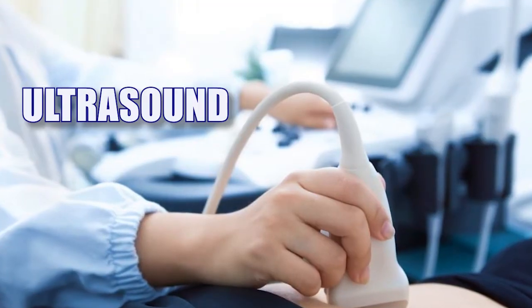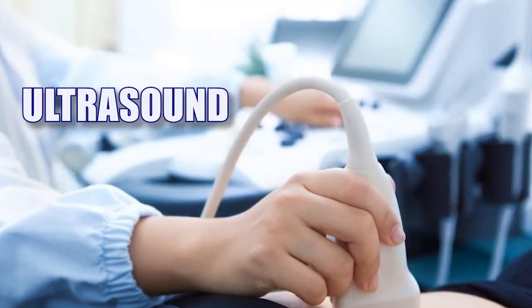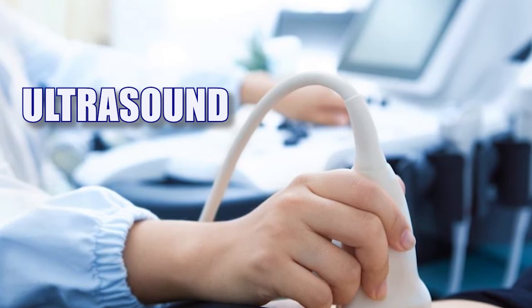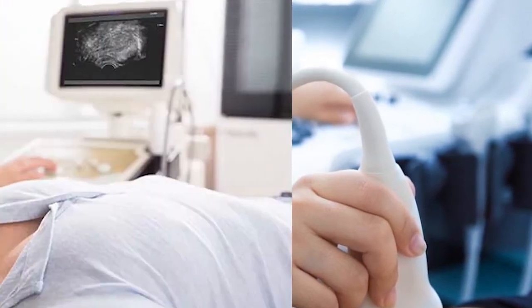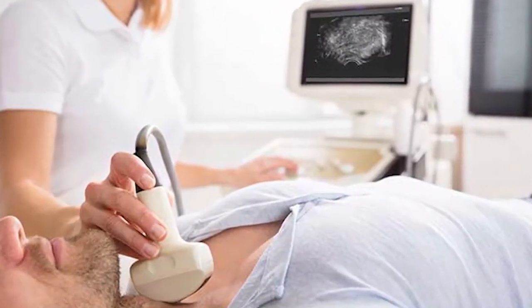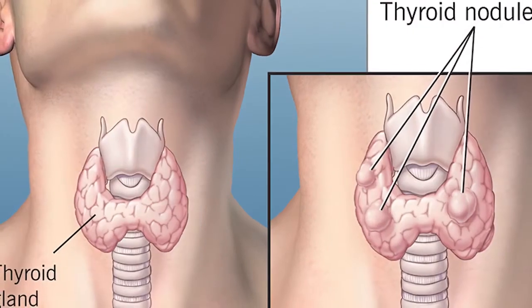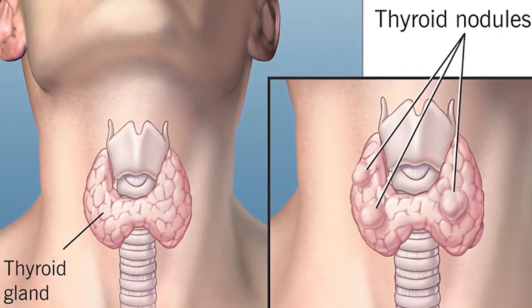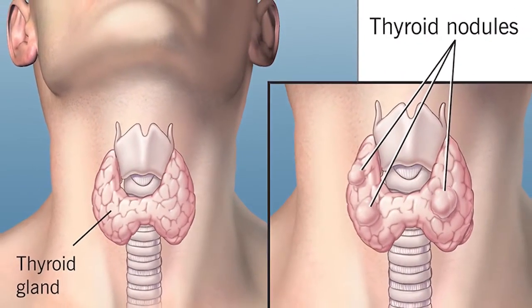Then we do certain kinds of scans. These scans are again mainly for your thyroid gland. The first we do is an ultrasound, or a sonography scan. When we do the sonography scan, we want to see the lump or the nodule you have. What is the size of the nodule? What is the composition of the nodule? Whether that nodule has fluid inside or it is solid.